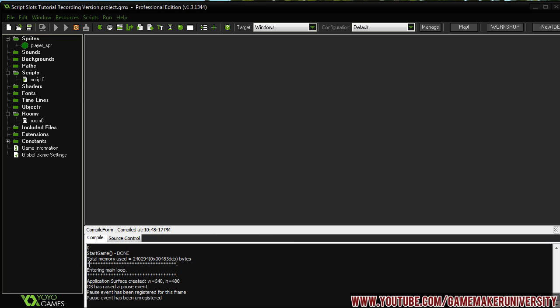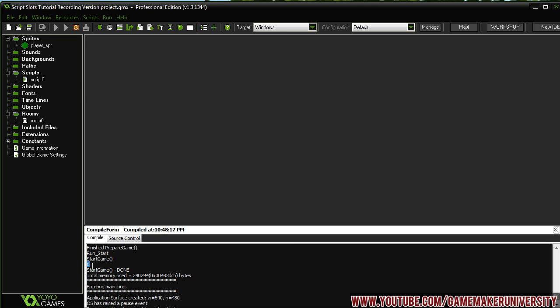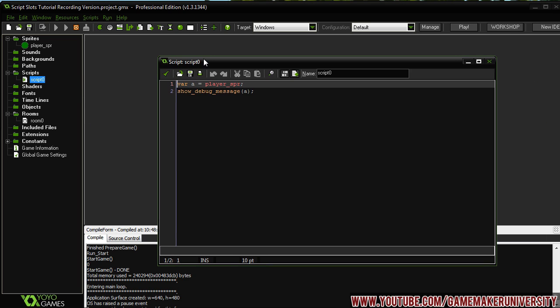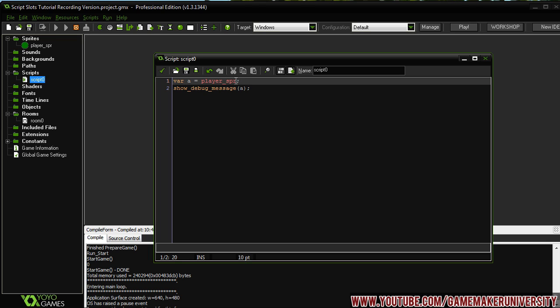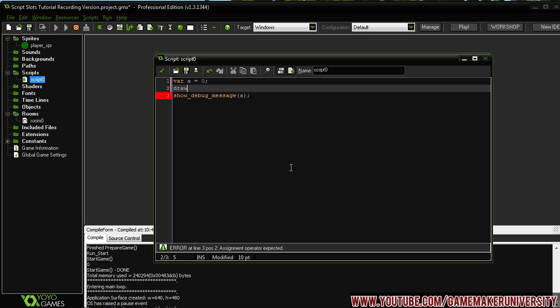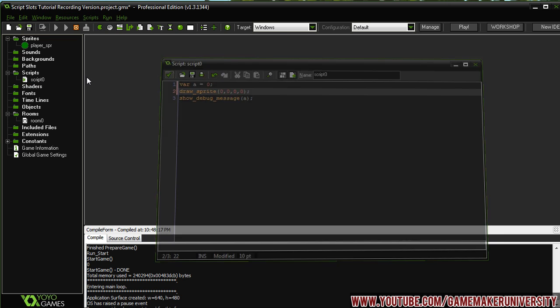And if you scroll back up here, this 0 is that. So this 0 right here, the name in the GM engine, the name player sprite is essentially 0. It's exactly like a constant. So if I did var a equals 0, that would be the same thing. And more importantly, when you're using the draw function, draw sprite, for instance, 0, 0, 0, if you put a 0 here, it would actually draw in the slot for sprite. It would actually draw the player sprite because 0 equals player sprite in the engine, and this is actually something pretty useful to us. So I'm just going to go ahead and delete